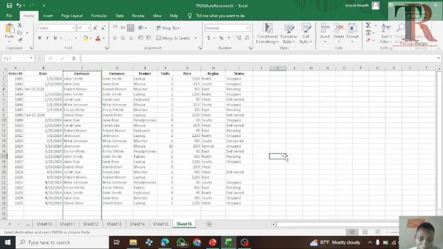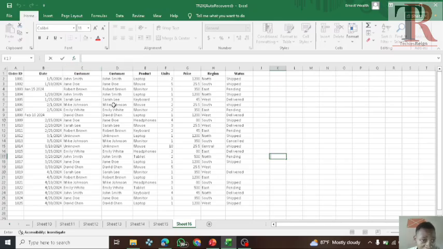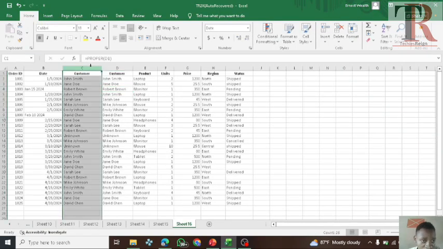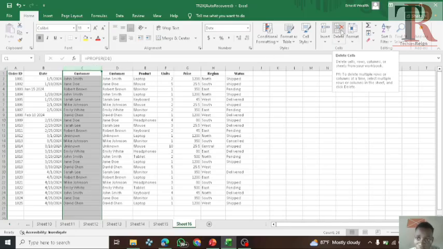And now we have successfully turned all of these into proper case, but now we have two different columns and we will need only one. So this one has functions, this one is a normal text string. So the next and final step will be to delete the old column, which is this, and we can just delete this old column by coming over here, delete cells, rows, columns